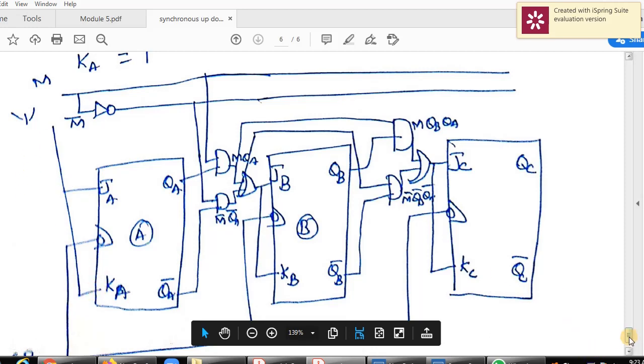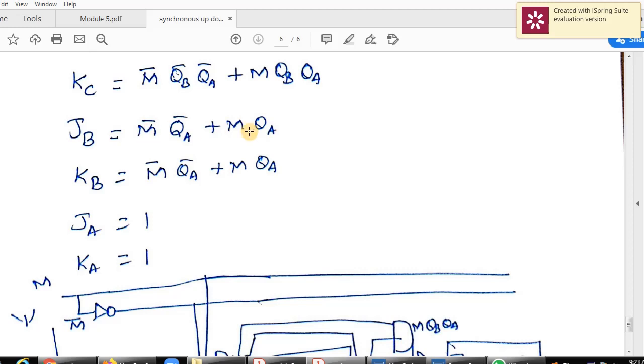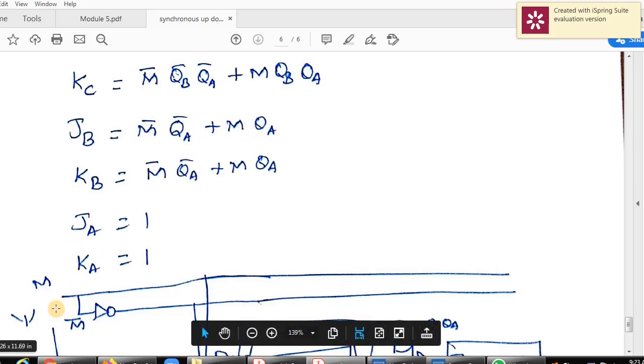Then JB and KB, it is M bar QA bar plus M QA. So M and M bar is there. So what we can do is introduce one line. This is M. We will put one NOT gate, so it becomes M bar. So this is the M line and this is the M bar line.